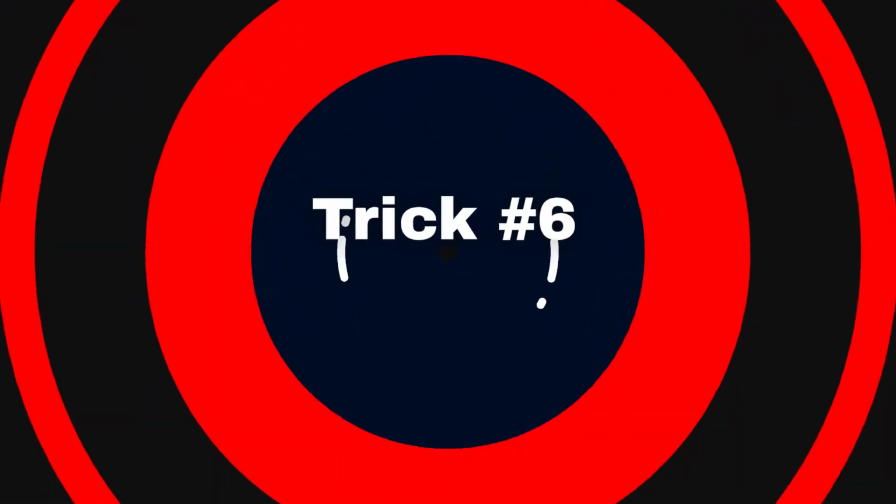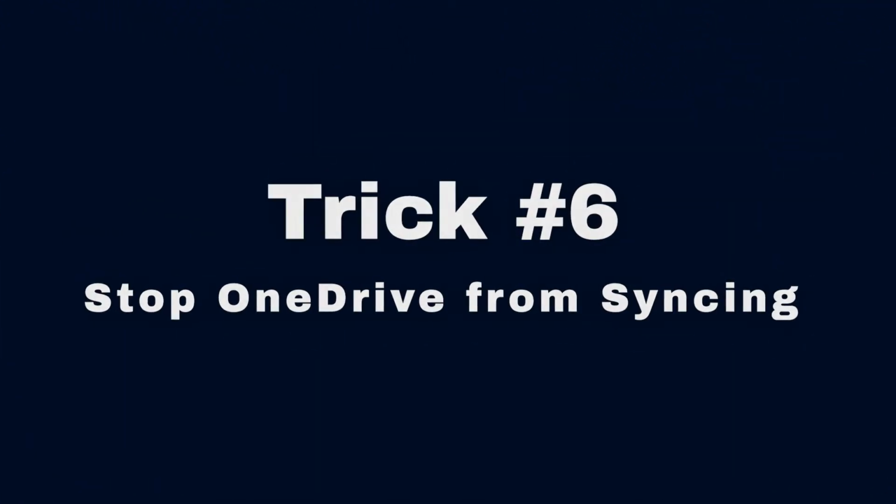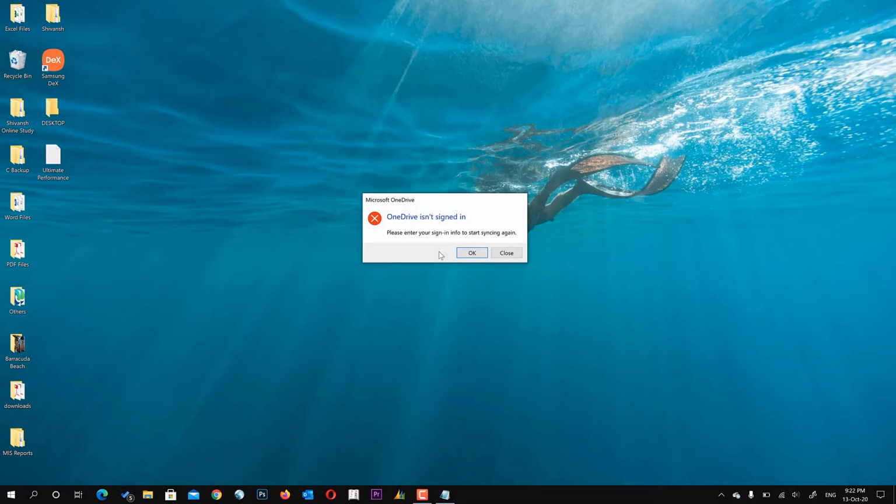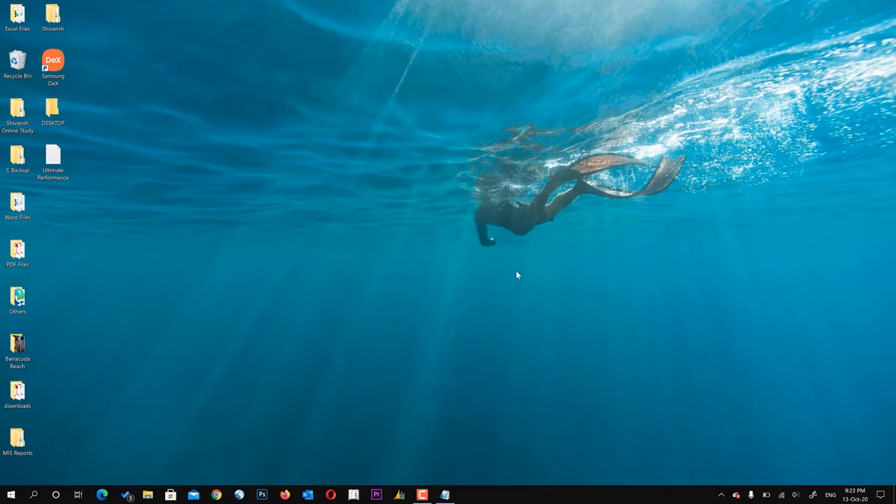Now the next setting is to turn off OneDrive from syncing. OneDrive is the cloud-based file storage built into Windows 10. It keeps files synced and up to date on all your PCs. It is also a useful backup tool so that if your PC or its hard disk dies, you can still have your files intact and restore them whenever you need. OneDrive constantly syncs files between your PC and cloud storage, something that can also slow down your PC. That's why one way to speed up your PC is to stop automatic syncing.